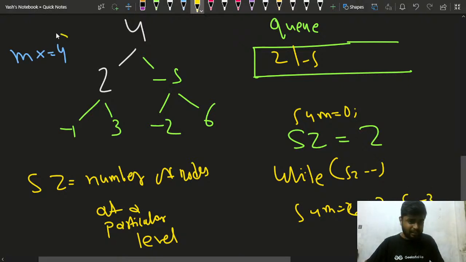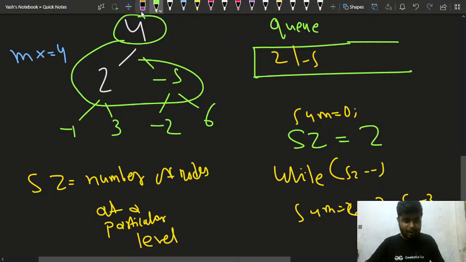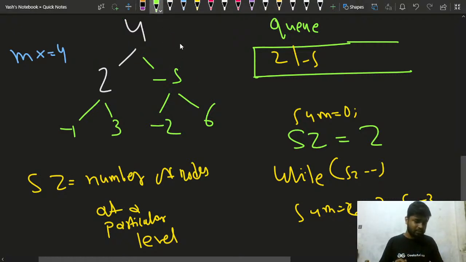So is it greater than the maximum? Is minus 3 greater than 4? No, it's not, right? So up till this level, for the first level and the second level, the maximum sum is what? The 4, right? Agree with me on this part or not? The maximum sum up till the level is nothing but 4. So that is why I'll not update the sum, right?